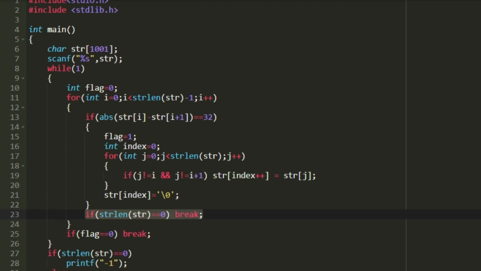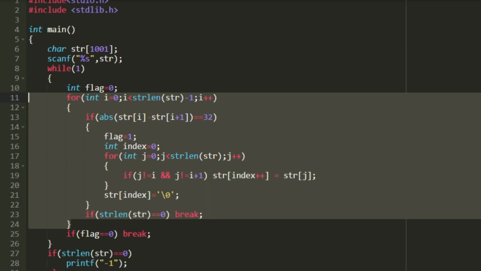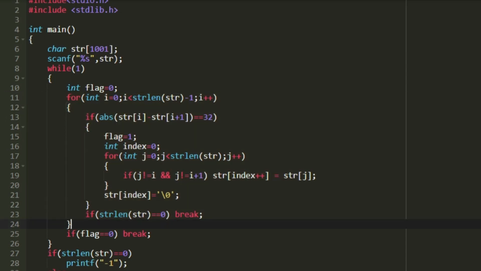So while updating the string str, if all the characters are deleted, the string length may be equal to 0. So we are also checking that if the string length is equal to 0, then we break out of the for loop. And also after the execution of the i loop, if the value of flag is still equal to 0, then it means that no pair is found, because if a pair were found, we would have updated the flag variable to 1.